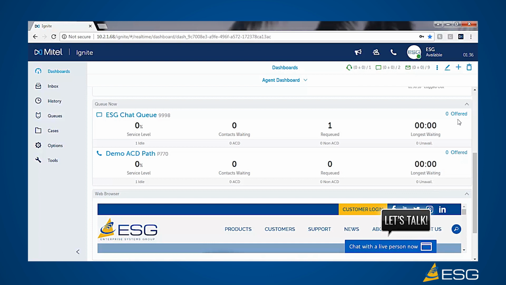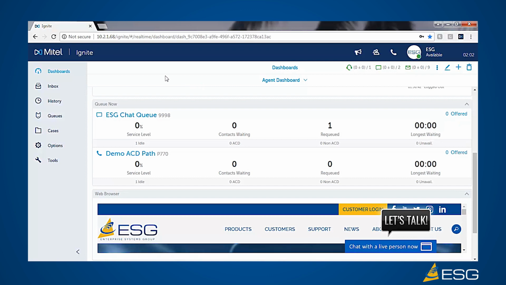That's real-time information that will update automatically. And if I hover over it, I can also see how many abandons we have, meaning contacts that opted out of the queue on their own, how many have been handled, and how many have been interflowed, which may indicate that they pressed an option to leave a voicemail from a voice queue. So now that we've reviewed all of the information within dashboards, we're going to move on to handling